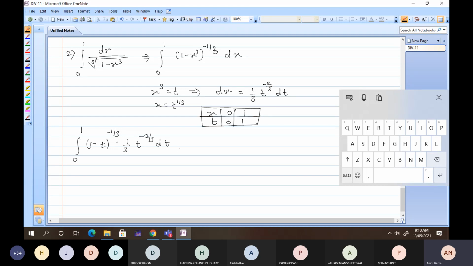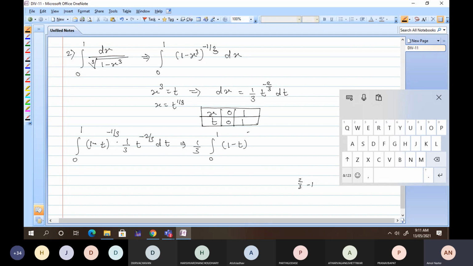Now tell me what it would be, because 1 by 3 I can take common out, it is 0 to 1, 1 minus t. So I need to write down 1 by 3 as something minus 1. So tell me what it is. Minus 1 by 3. I need to write something minus 1. So what is it? Yes, 2 by 3 minus 1. How is it minus? Check it out. 2 divided by 3 minus 1. So what does it become? 1 minus 2 minus 3. So minus 1 divided. Yes, correct.